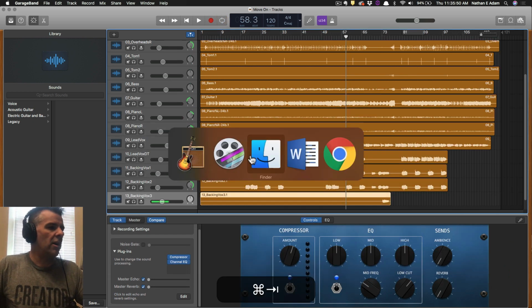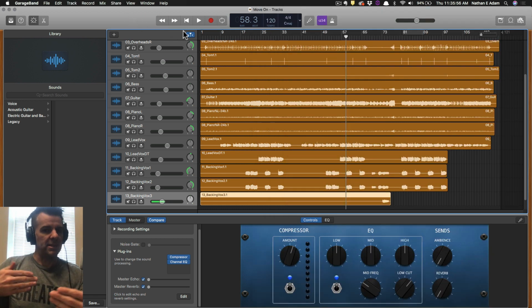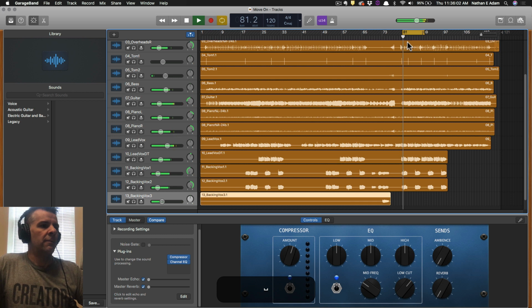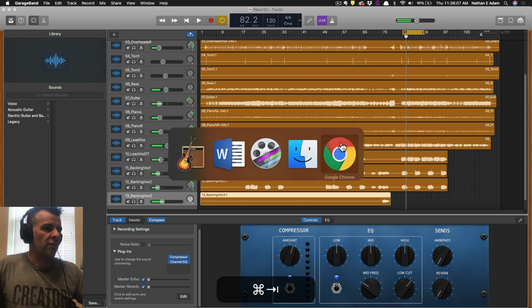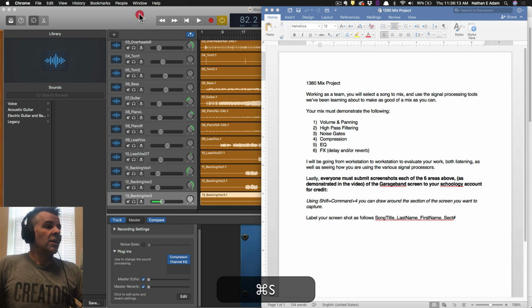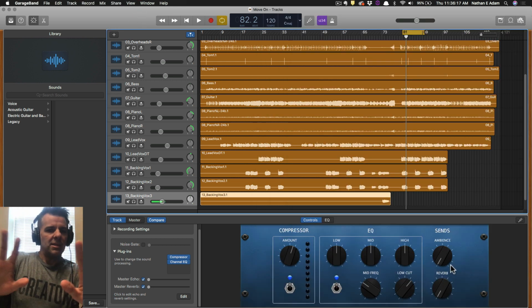So the last step in our process is to use some effects like delay and/or reverb to create some space, some depth in our mix. If I select any chunk of this, like this little section we've been playing with, we've really optimized each of the tracks using these other steps: volume, panning, filtering, some noise gates, a little compression, and EQ. So now let's use the reverb sends and returns to push some of these instruments a little farther back so they all don't sound like they're right